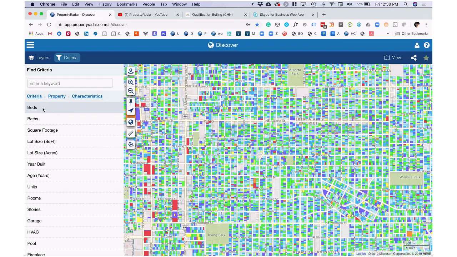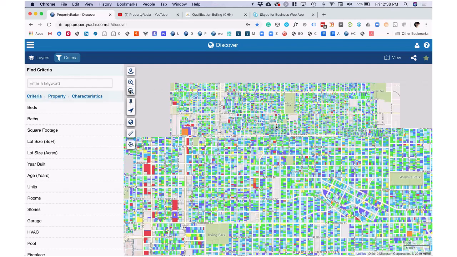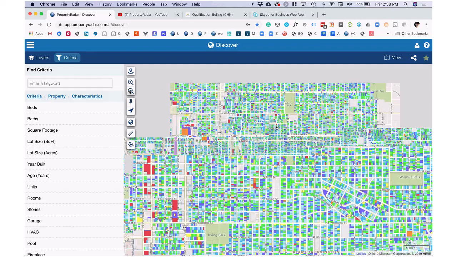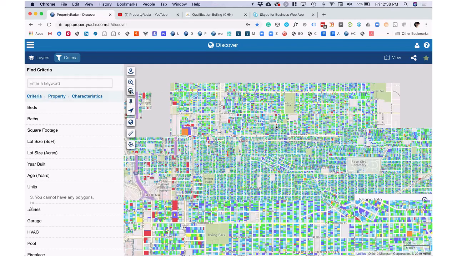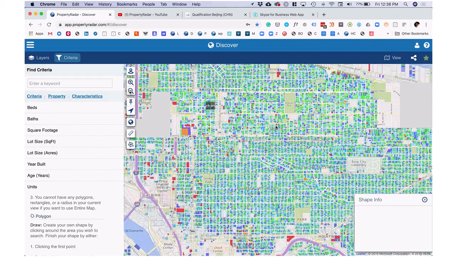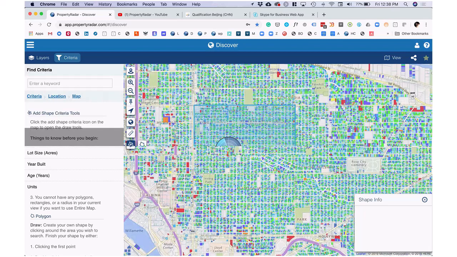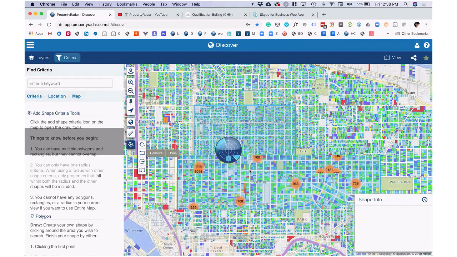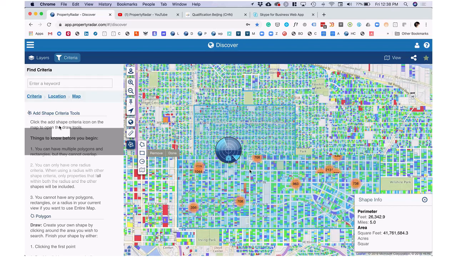So we'll just do a quick little example. Let's just say I really care about, I'm just going to draw one, I really think this little neighborhood here, right? I've already got a property in it, so it's convenient for me to manage. I just want to focus on the 5,856 properties in that area.